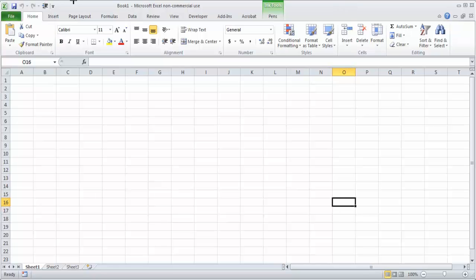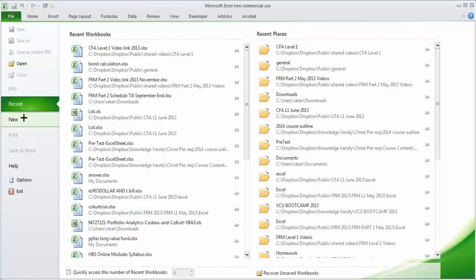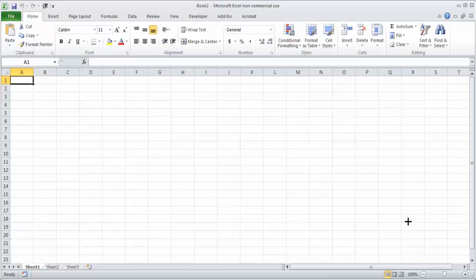So this is your Microsoft Excel, and this is what you see without any workbook. If you want to create a new workbook, you can say File and then New. It will offer a new blank workbook. We don't want to use any template, so we select blank workbook and then select Create, and it will create a book. Usually the names will be like Book 2, Book 1, etc.